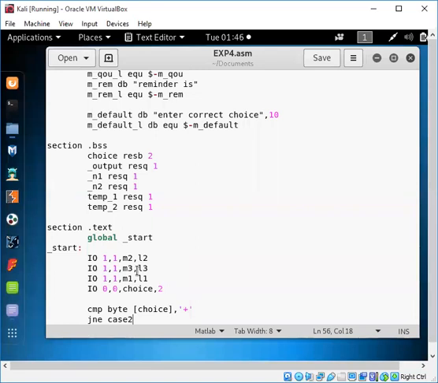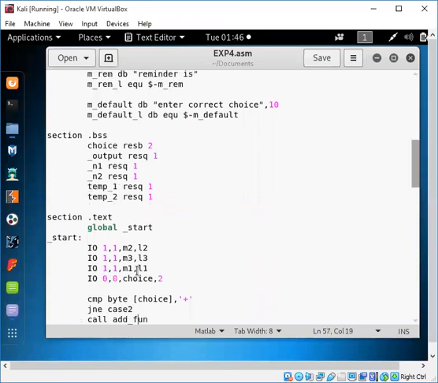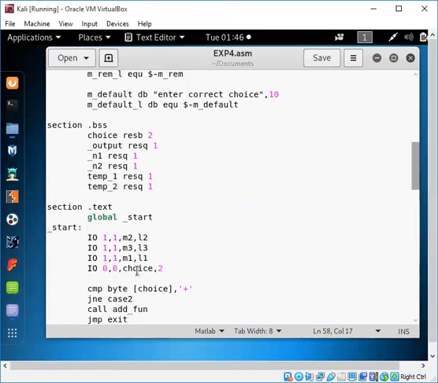But instead of that we'll display an error message, some default message, right? And if the loop has been performed, we need to get out of the loop, so we are performing it as an exit case.